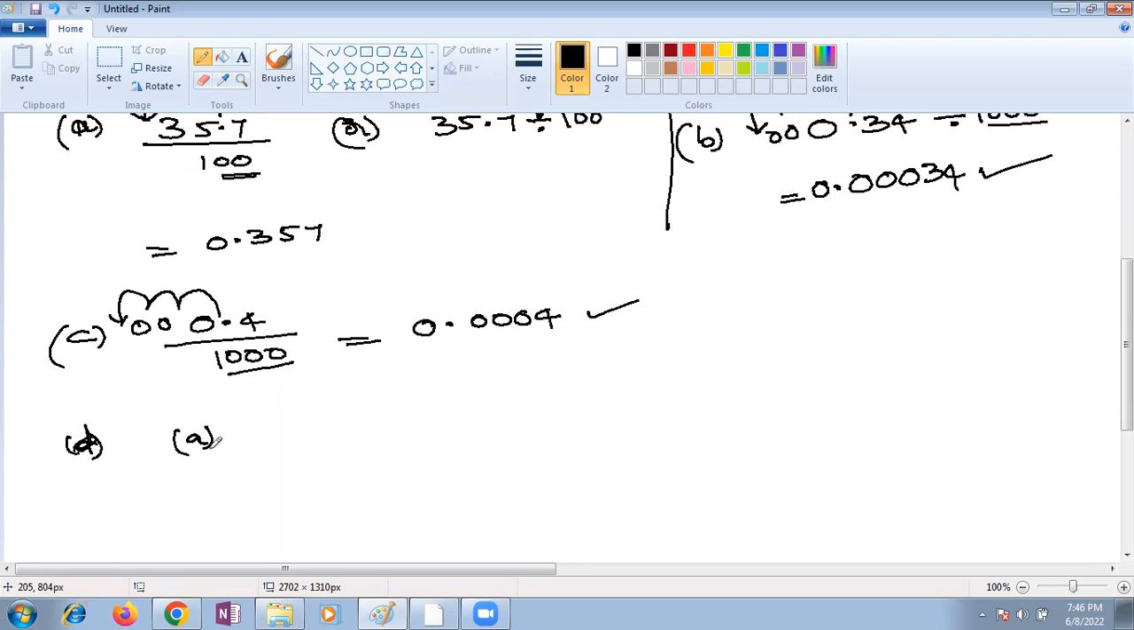First question, a bit: 0.004 divided by 10. This is your first bit. Second bit was